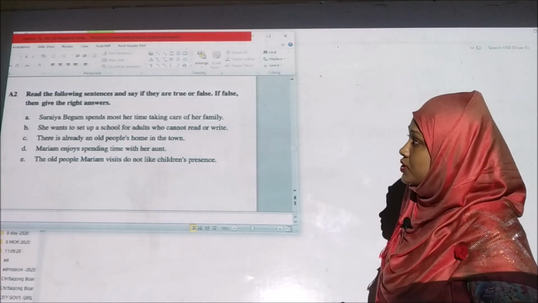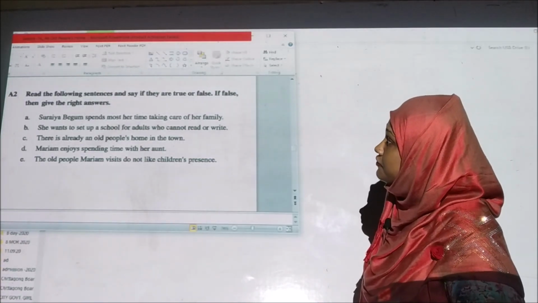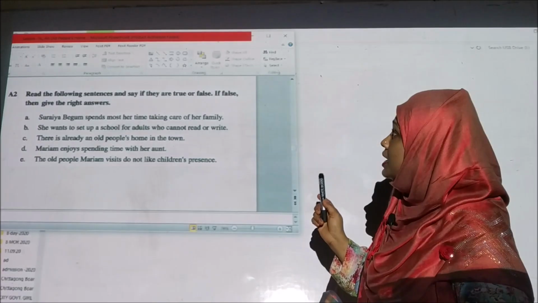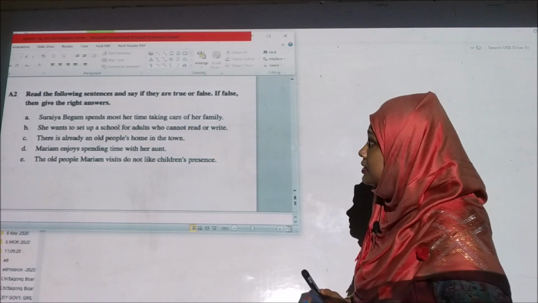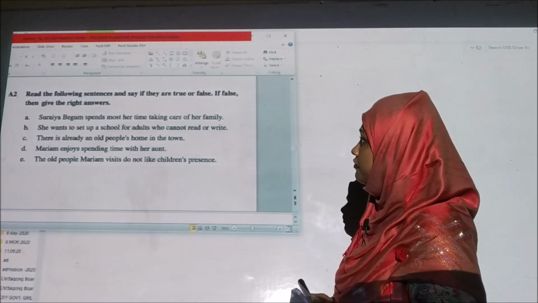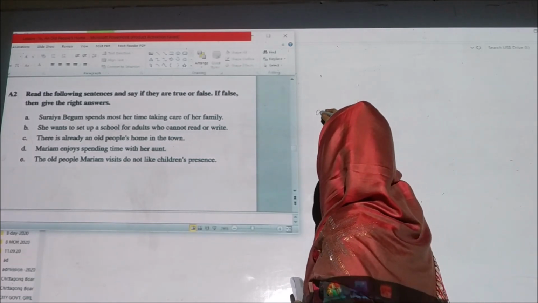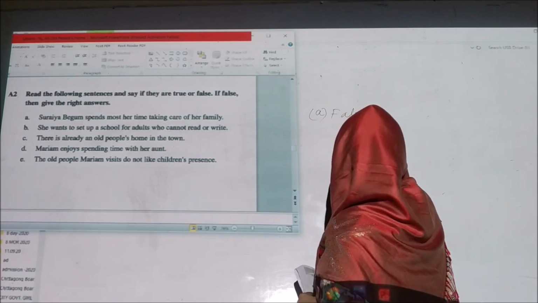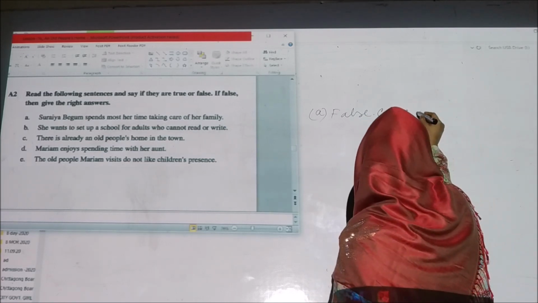Okay, my dear students, now we will do exercise A2 and here read the following sentences and say if they are true or false. If false, then give the right answers. Number A, Suraya Begum spends most of her time taking care of her family. So, my dear students, I hope you know it will be a wrong answer. So it will be false, and the correct answer will be Suraya Begum